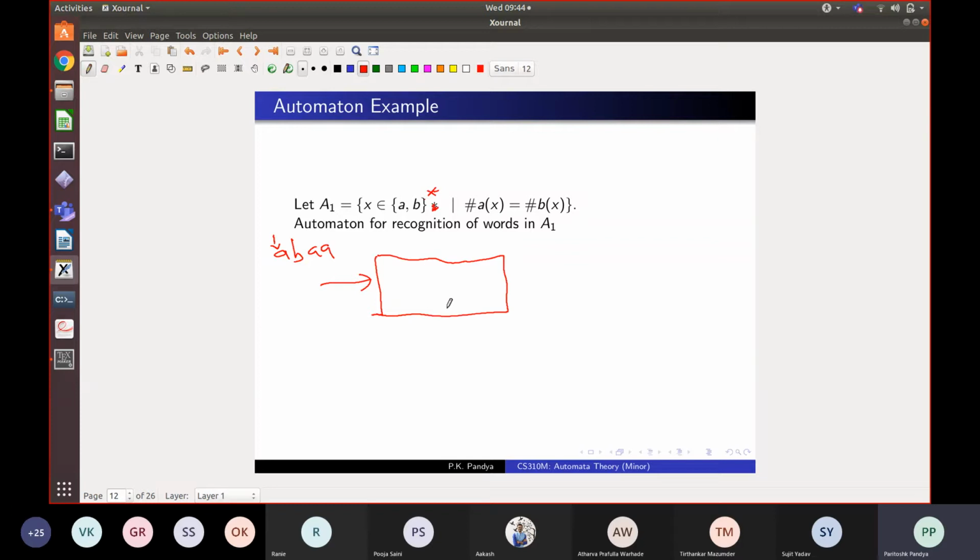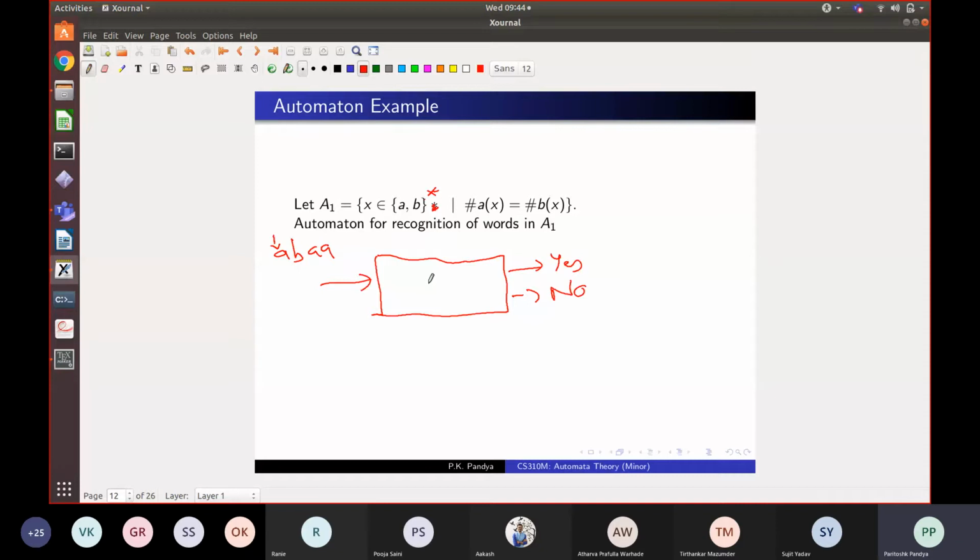While it scans, it maintains some amount of data inside, and at the end of the string, it will output either yes or no. Okay, so this is the kind of device we want to build. For small strings we can directly look at it and answer, but for a very long string, let's say a book long, you will need a device like this to answer the question.